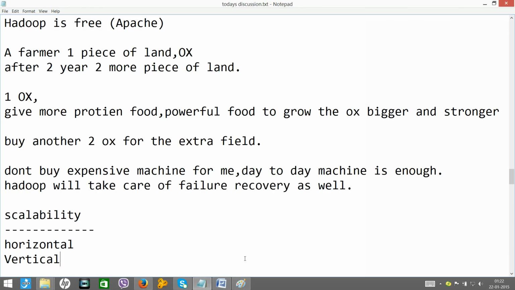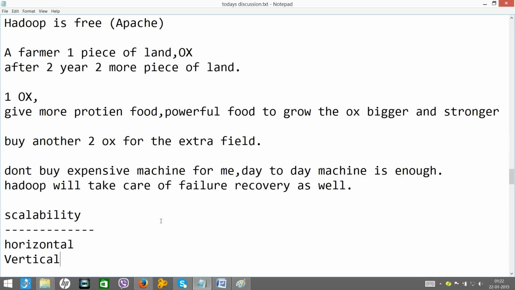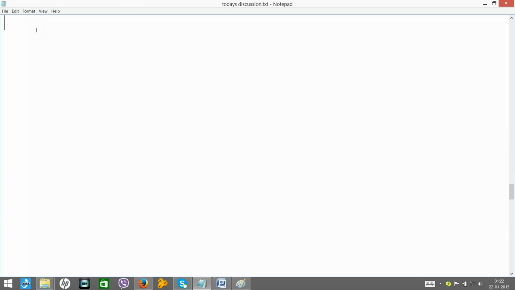Now let me talk about what else we are going to learn and how we are going to learn it in our online classes. We will be working with various data sets, and we will learn how to install Linux on a virtual machine.